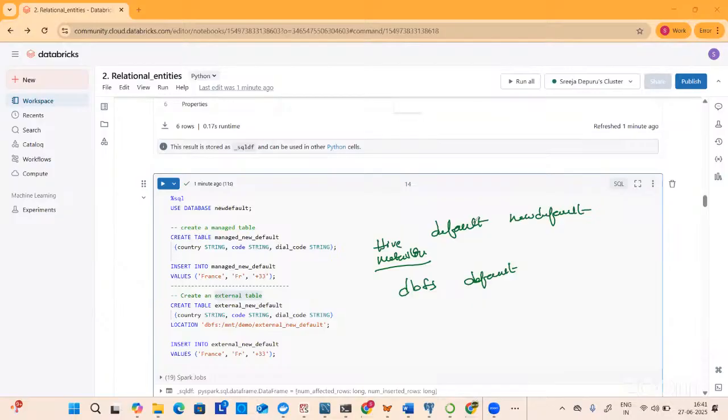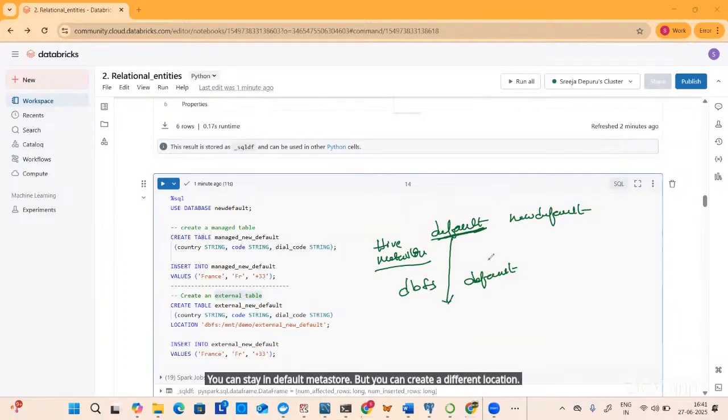When you don't want to customize anything, you can use these two. You can stay in the default Hive metastore, but you can create a different location. We have seen that. Now what are we doing? We are creating a new default in the same Hive metastore. A different space will be given to you, and with this different space you will also create a different location